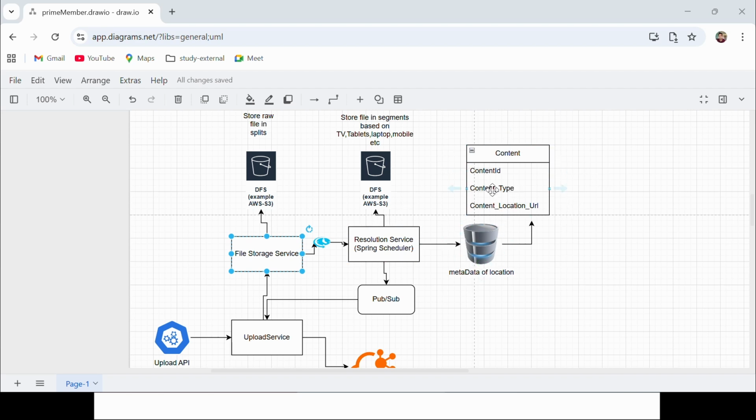Now once this database insertion is done, what we can do is push one message into Kafka or any messaging queue using pubsub, and again it will come back to the upload service. So the upload service will be the subscriber, or it will consume the message from this pubsub topic. Now